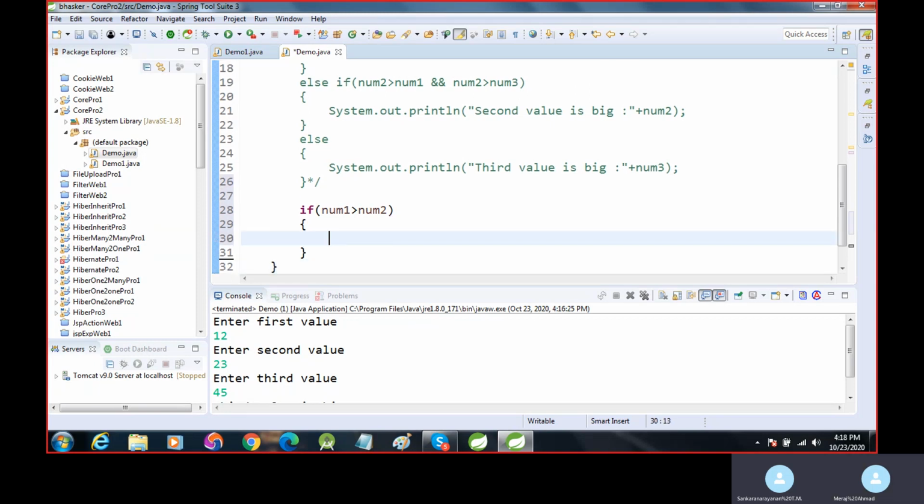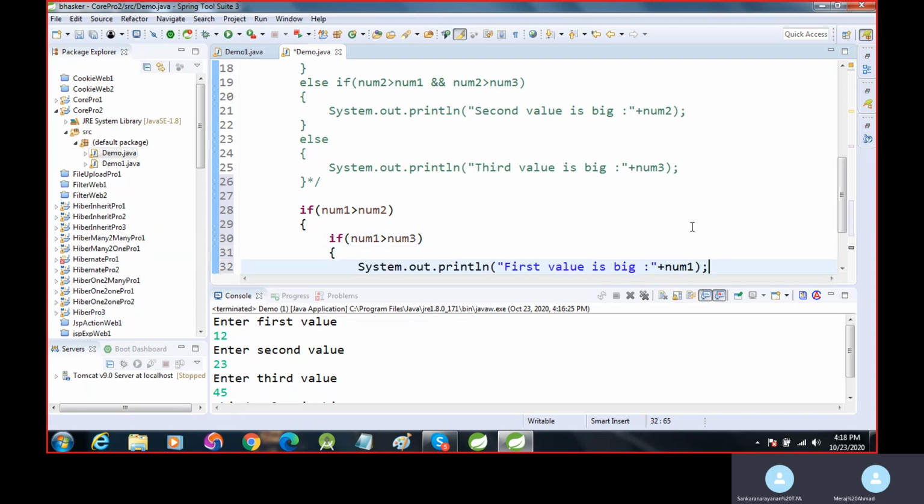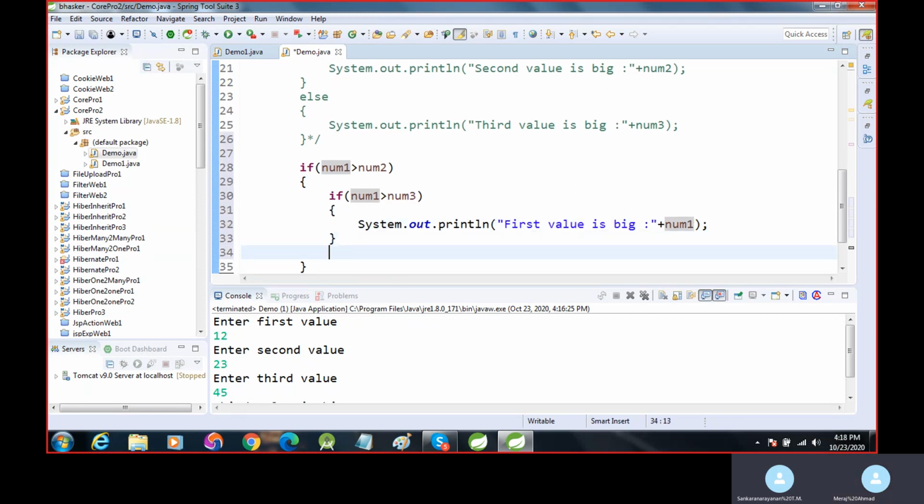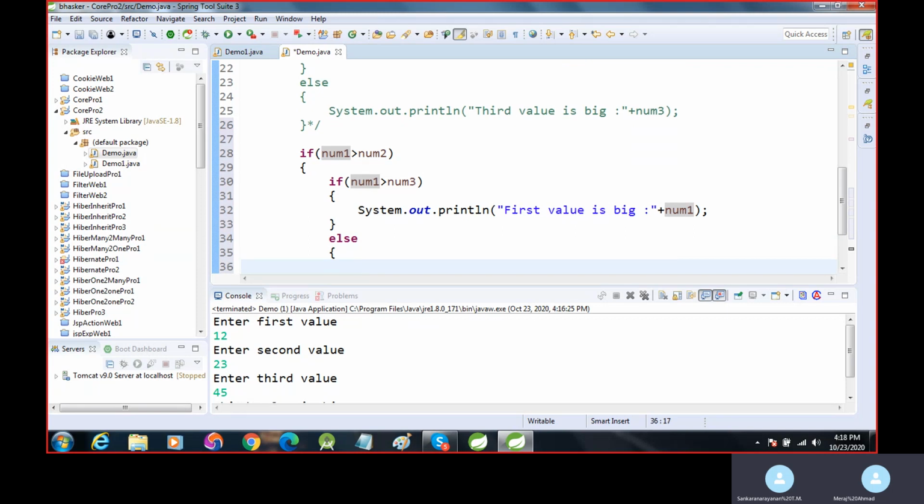Then if num1 is greater than num3, then else, the third value will be first. Num3.